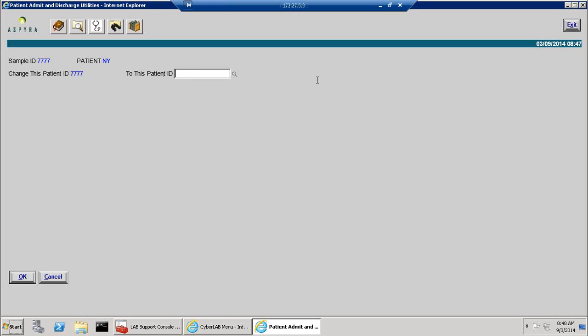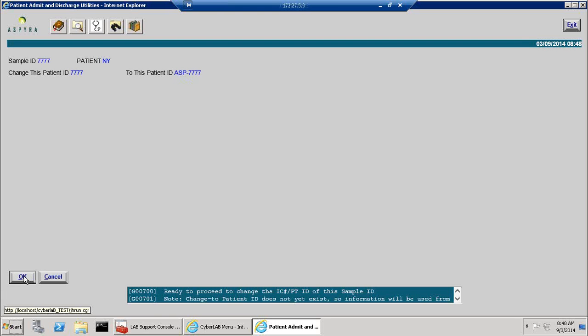What happens is that this sample is connected in the computer to patient ID 7777, which is a valid patient ID. It's just that we put this sample ID on the wrong patient. So I'm going to make up a patient ID for this. We're going to say OK. So now all the demographic information and everything that belongs to this sample,